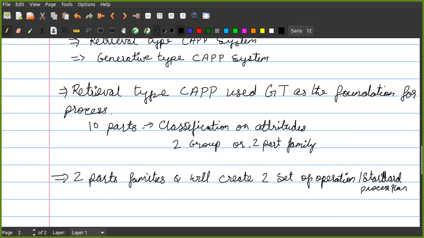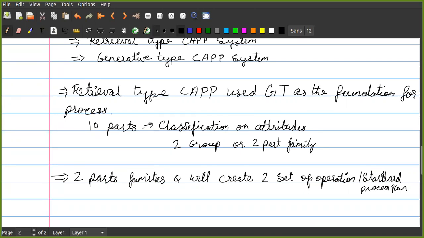Now you may see that in this particular part family there may be 5 or 4 different types of parts, but depending upon their attributes, they are classified into this family, and thus the same set of operations can be used.